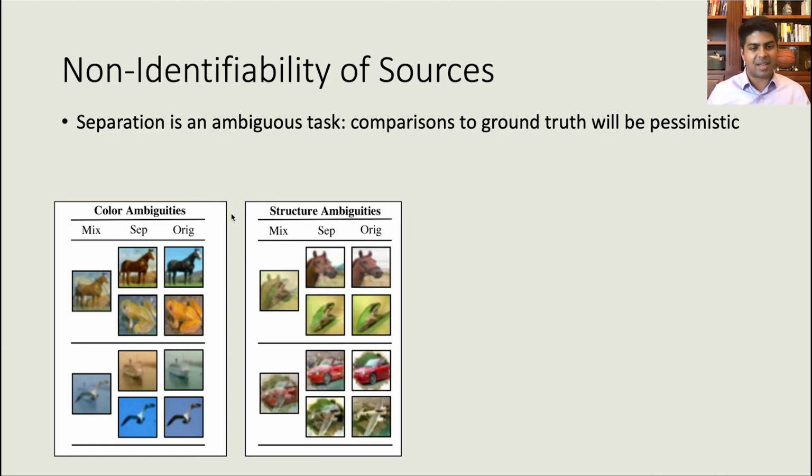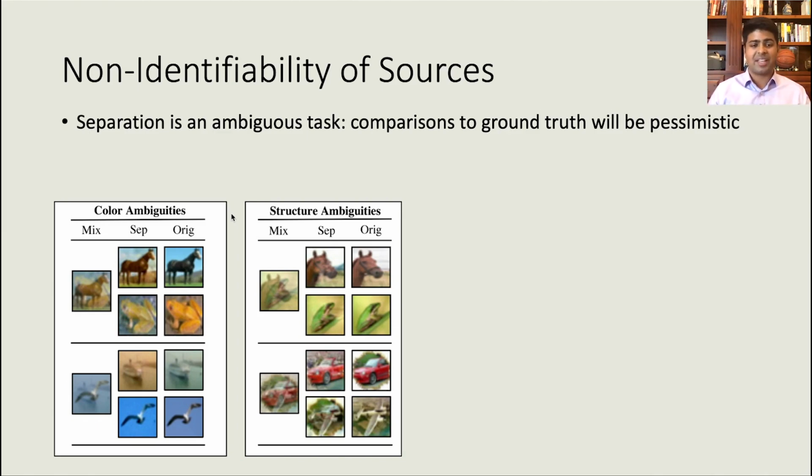And in this second example here, we see some structural ambiguities. So in the first case, the part of the leaf of the frog becomes a mountain behind the horse. And in the second case, the red car in the original has a kind of border, and this border gets applied to the airplane when the algorithm runs the separation. In fact, looking at that specific example, it's impossible to tell whether the car or the airplane should have the